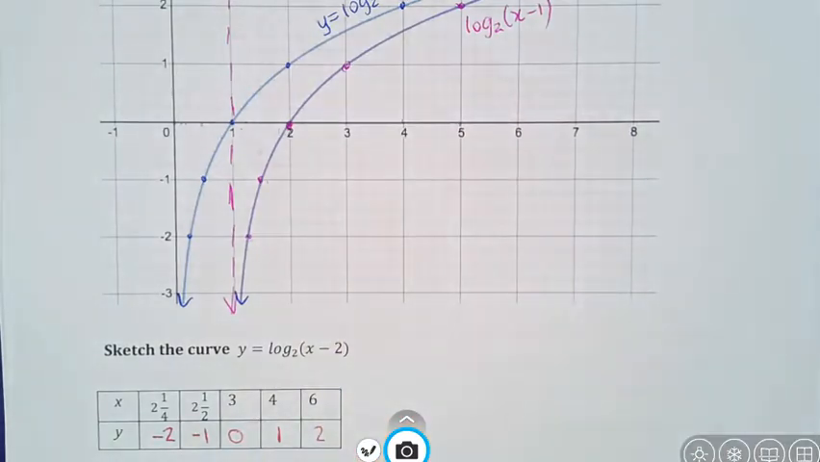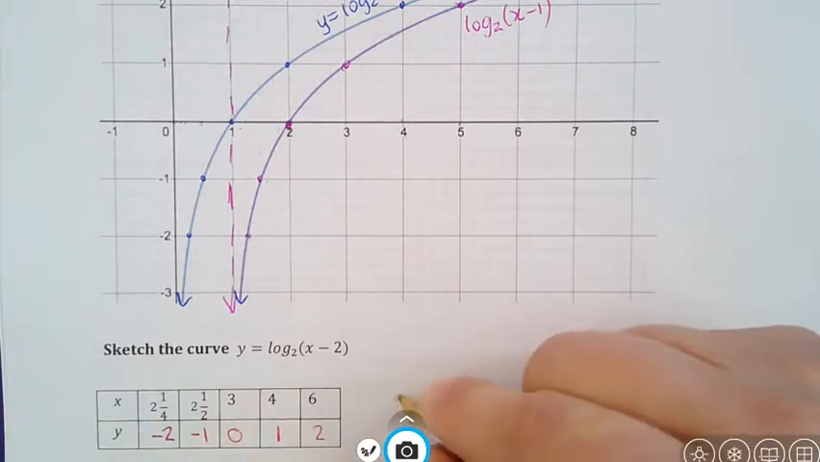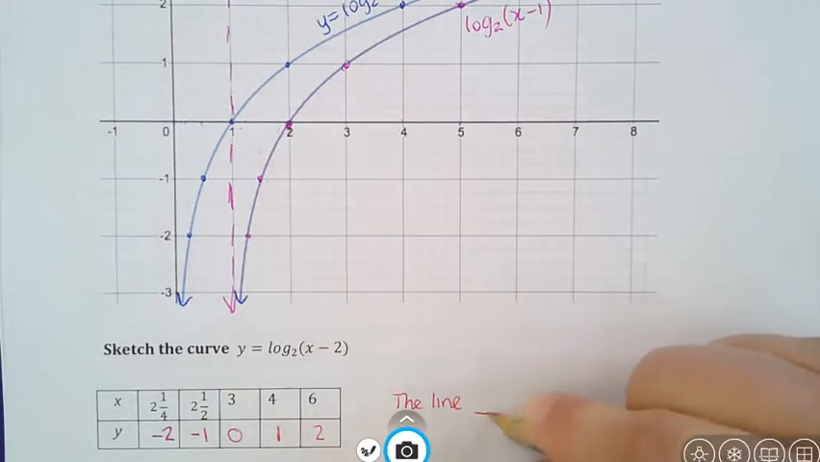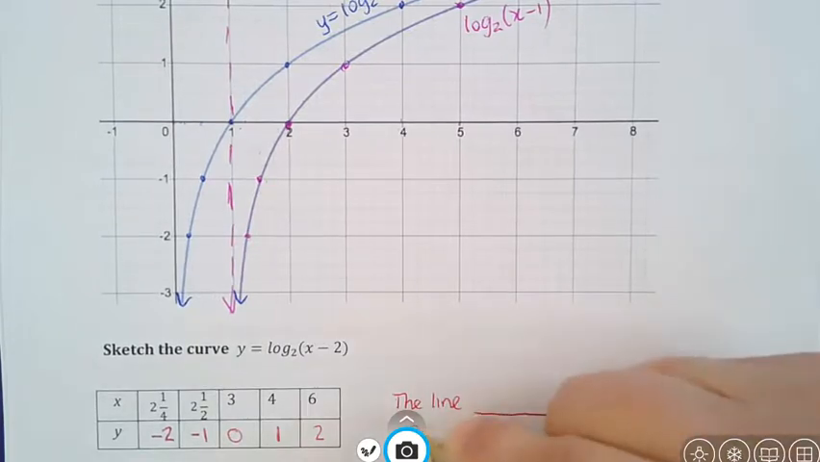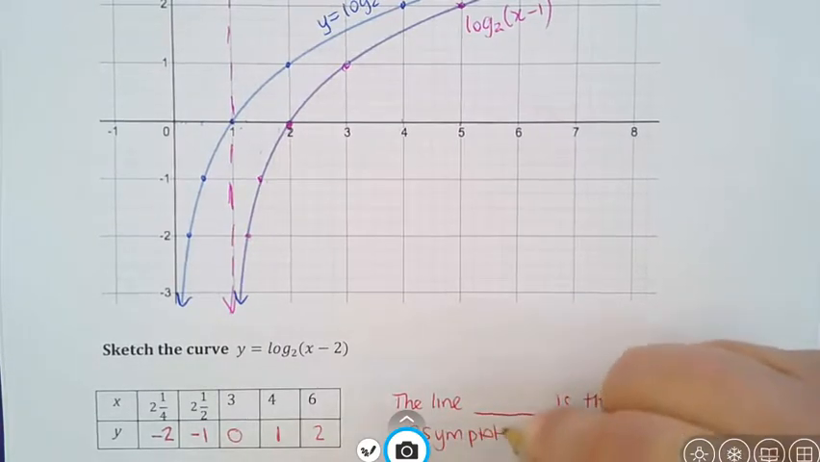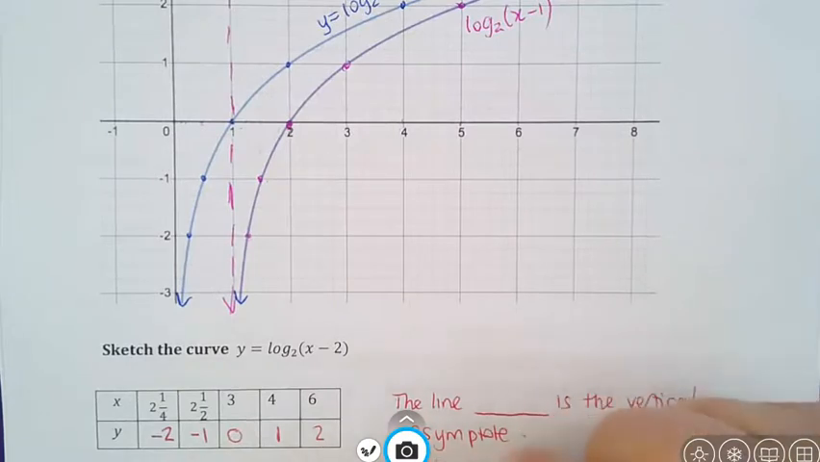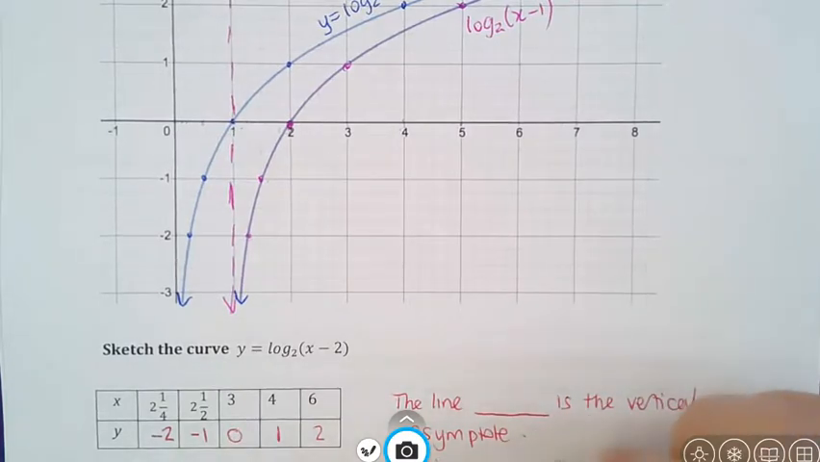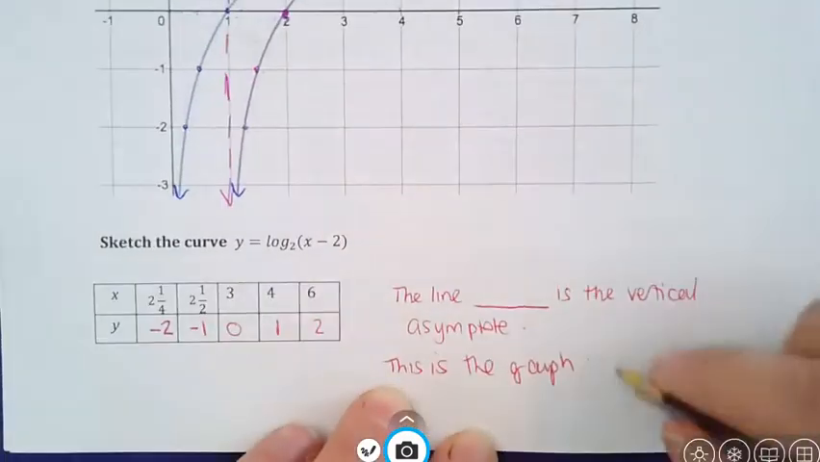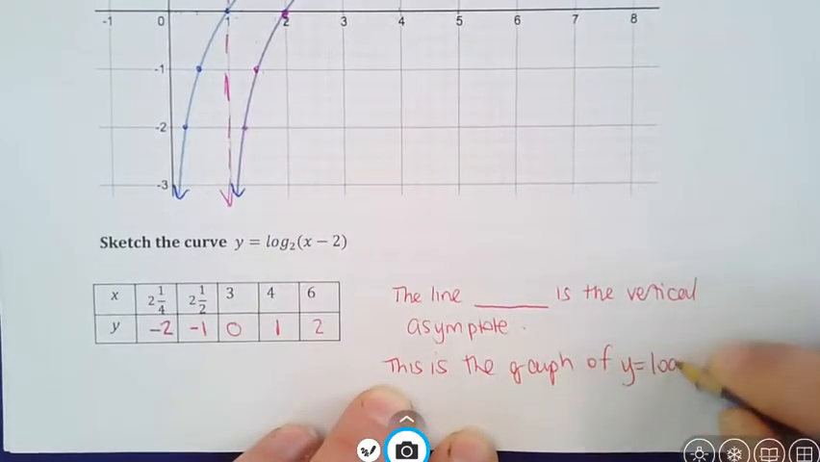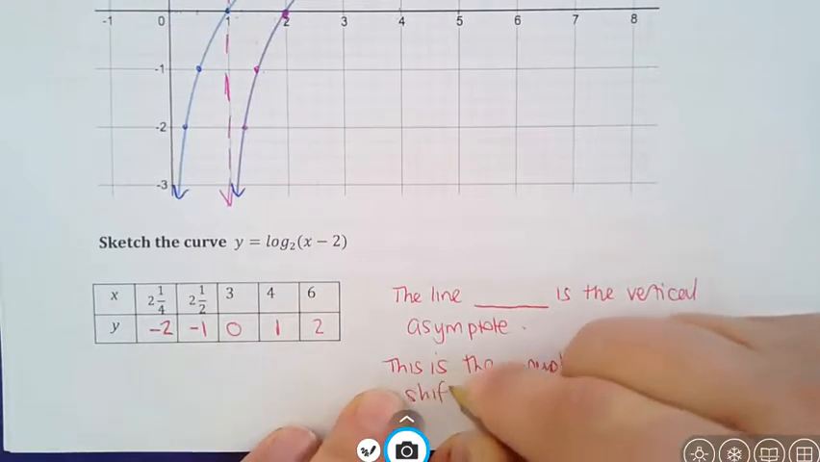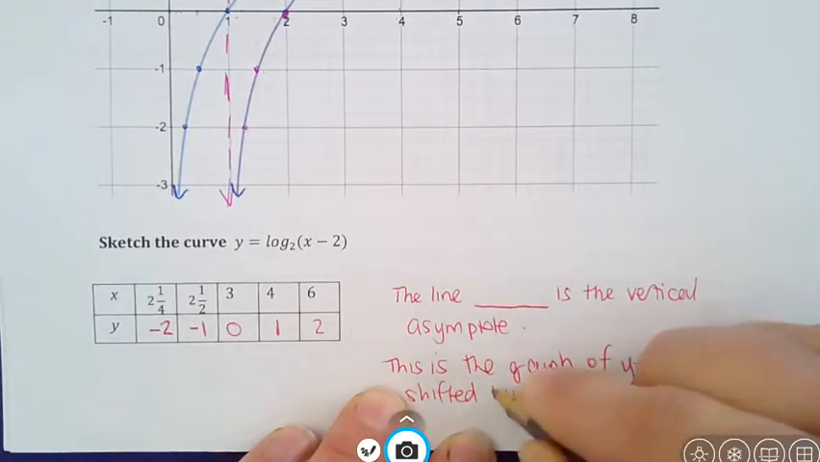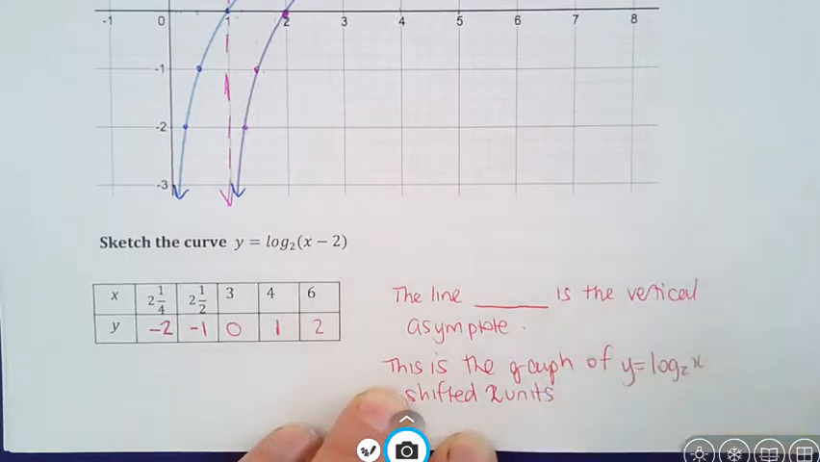Then can you please plot those? And you'll just tell me. I would just like to know what the asymptote is. So the line, whatever, is the vertical asymptote. And just describe it, that this is the graph of what shifted where. Shifted 2 units to the